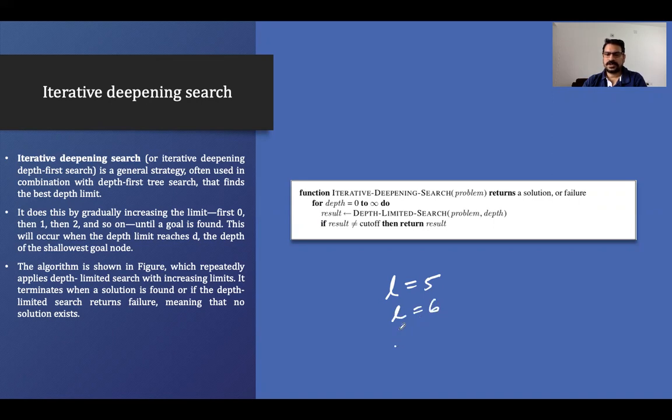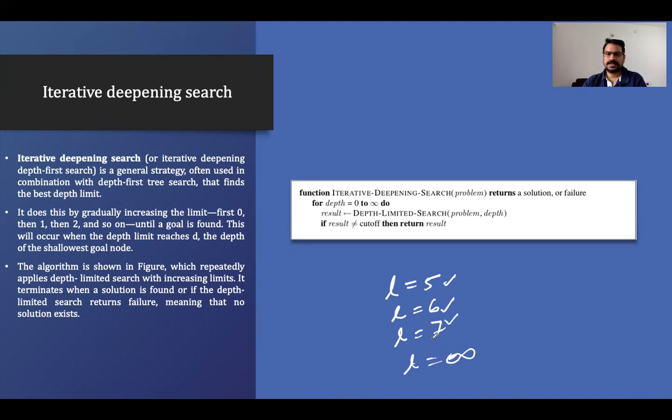If we are not getting the solution, we'll increase the L value to 7. As you can see, this for loop goes from 0 to infinity. It takes the limit one by one, and at the very last it goes to infinite depth, but with one limit increase at a time.